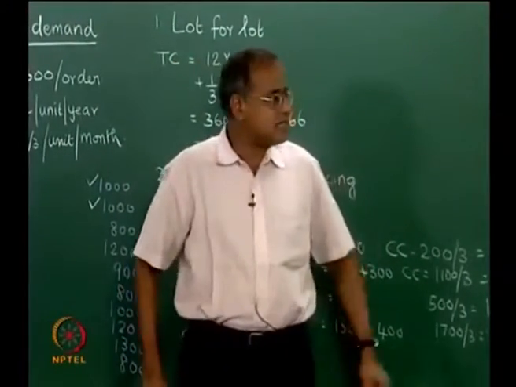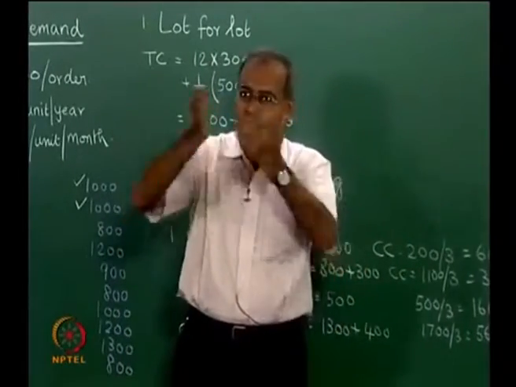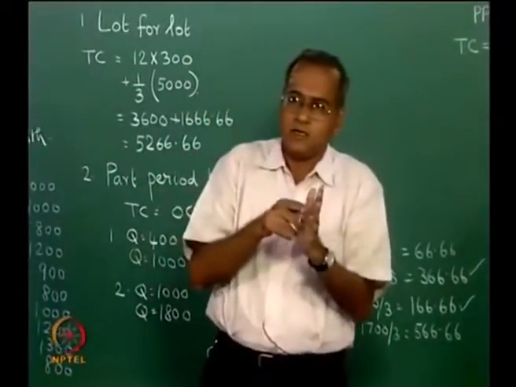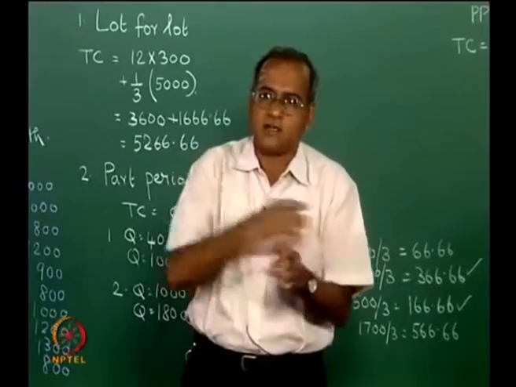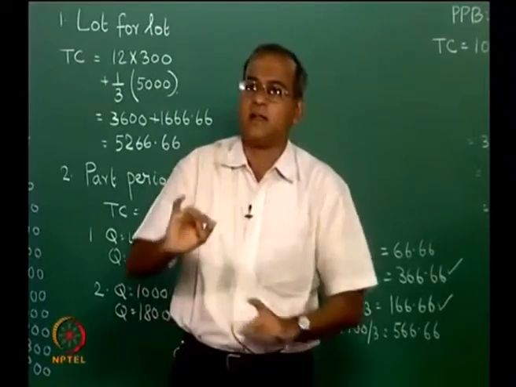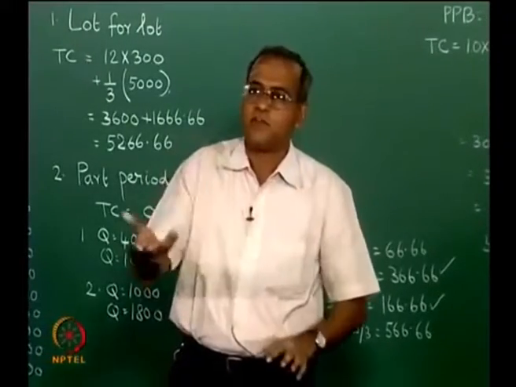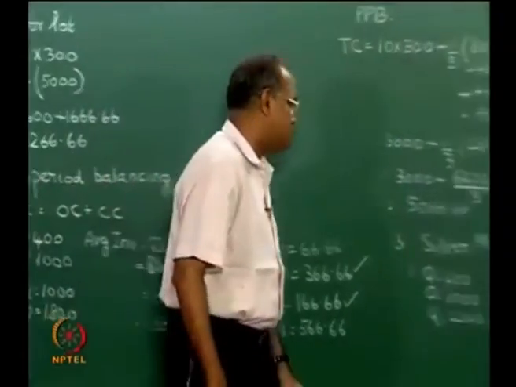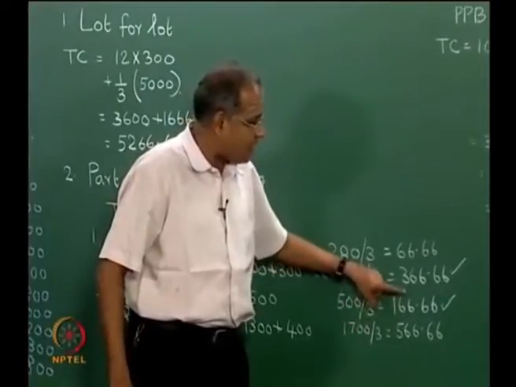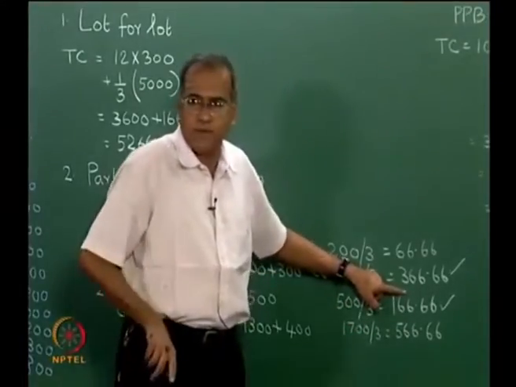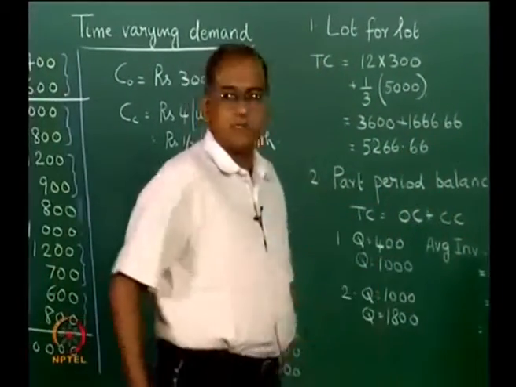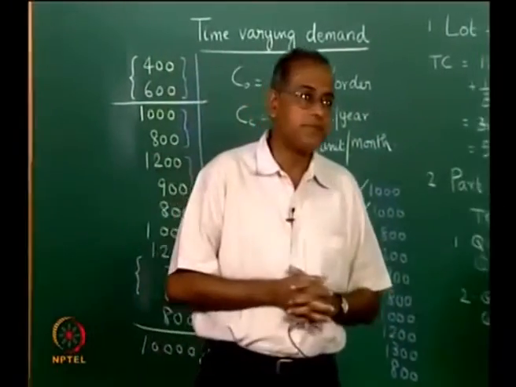The only difference is Silver Meal computes the total cost and then divides it by the period to optimize it. Part Period Balancing essentially looks at the moment the inventory cost exceeds the order cost, which one is closer. So, mostly in that decision to find out which one is nearer, the Part Period Balancing solution is different from the Silver Meal solution. We did see a situation here where, because order cost was 300, this was chosen, while Silver Meal's way of optimizing allowed us to combine both of these. So, both the methods can be used and both of them are used extensively.